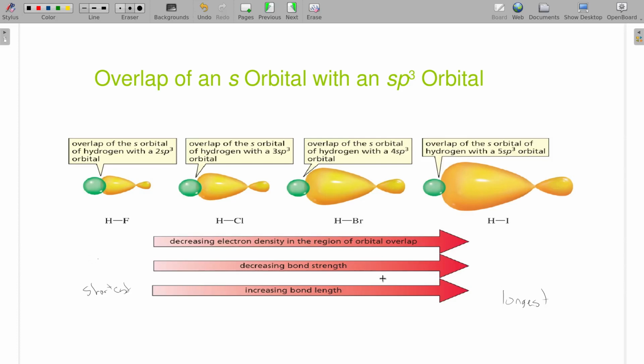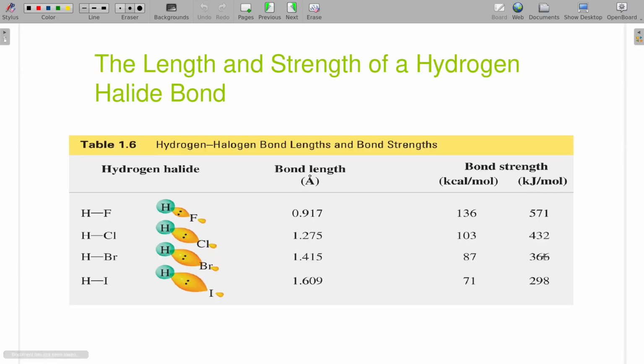Now, strength we can actually see is directly related to length. And what I mean by strength, see this overlap here, they're all sigmas. But the sigma here with HF is much closer to both nuclei. So it actually makes a stronger bond. And when that overlap is very far from the 2 nuclei, it's a weaker bond. And we see that's always the case. A shorter bond is always stronger than a longer bond. And we can see some interesting numbers from that.